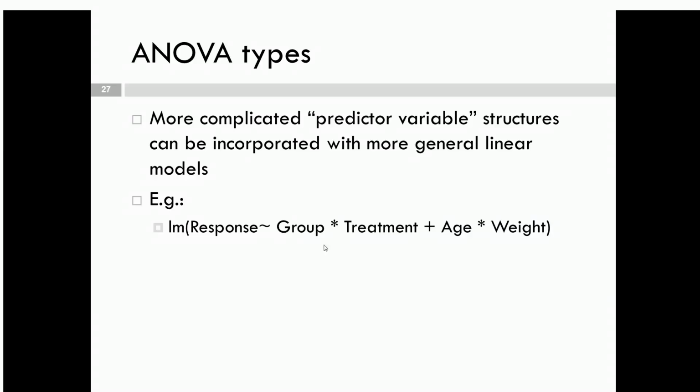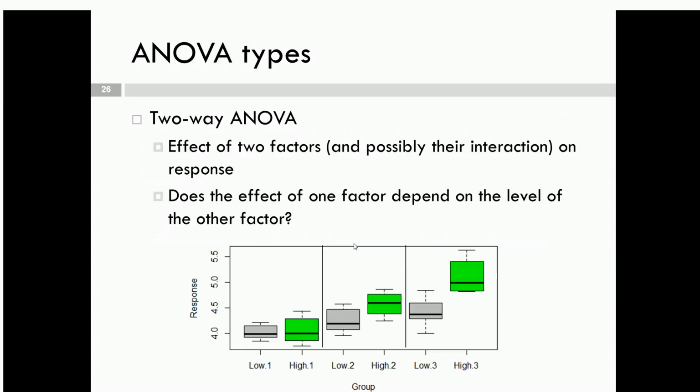All you do is, if you want to specify some interaction between our group and another type of treatment, maybe fertilizer and light level, you just use this little asterisk. This is a times operator, a multiplication operator here. And then maybe we have another two different types of predictors that are affecting our response, and you can put these together very easily in R,